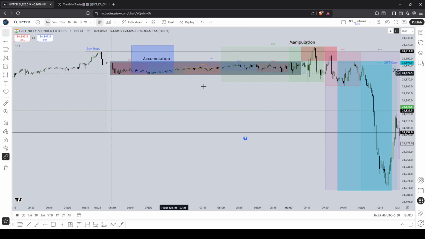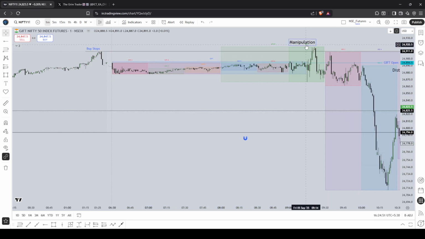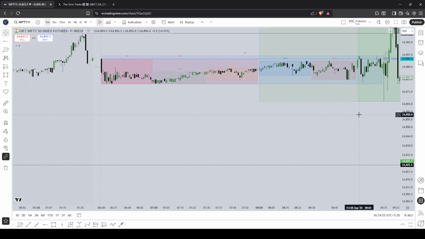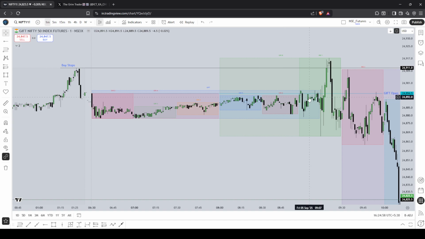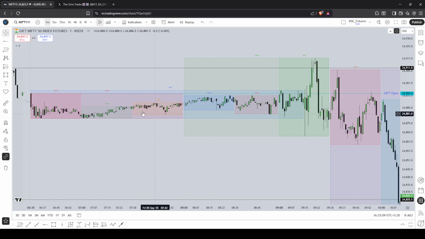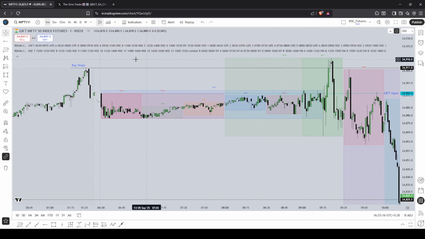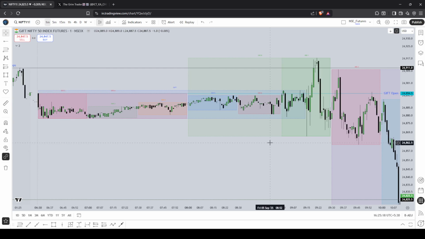These are buy stops, right? Let's get rid of all this. This entire segment of price action between 6:30 and 9:15 a.m. is the gift session. It's purely happening on gift. There's no activity in NSE. NSE opens at 9:15. Initially, there's a wick that rejects the lows of the previous 90-minute cycle, and there are 30-minute cycles as well. You can use the indicator of 90-minute cycles and adjust according to the time of day in India.